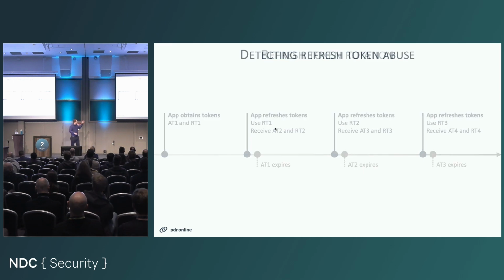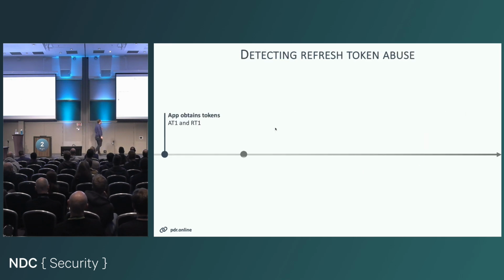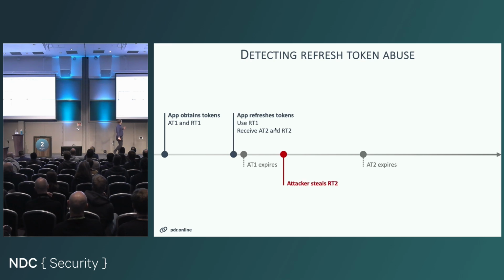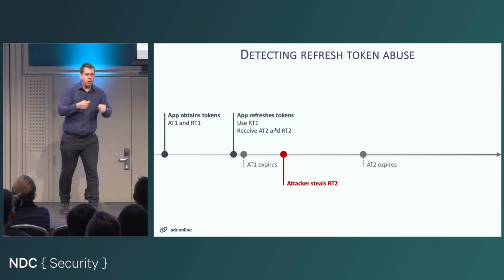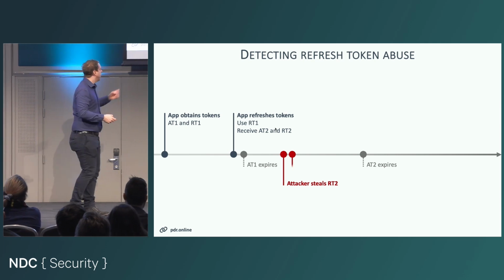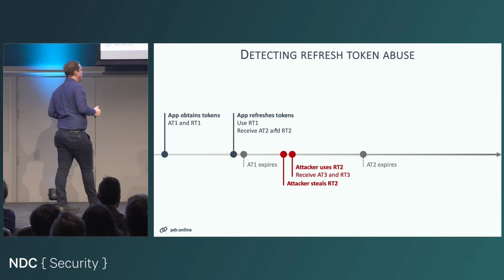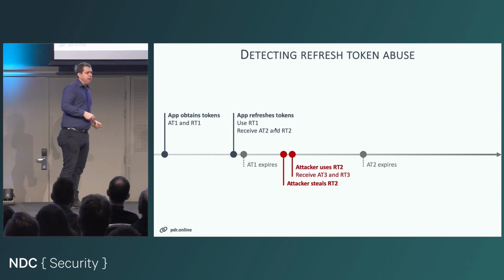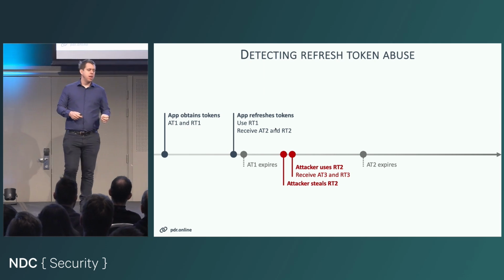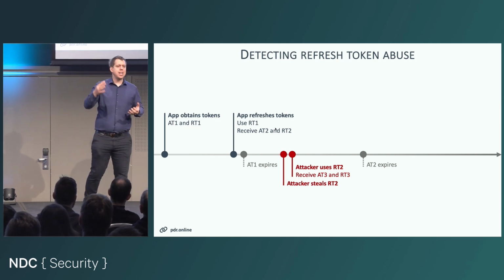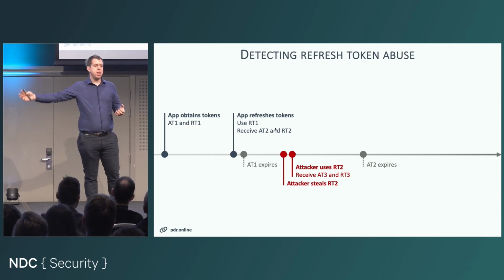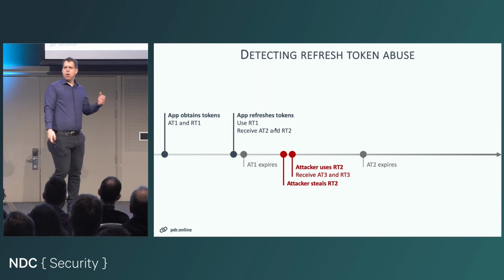Why? Because the idea is that the authorization server will detect reuse. So at some point, the attacker will steal refresh token 2. Remember script kiddie going in, yoink, and abuse that. And the attacker is like, ha, I can use a refresh token. I'm so cool. And we now have access token 3 and refresh token 3. And the attacker can use access token 3 to access the API on behalf of the user and cause mayhem. However, when the